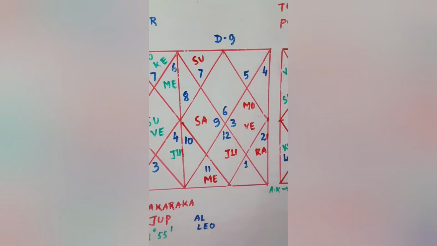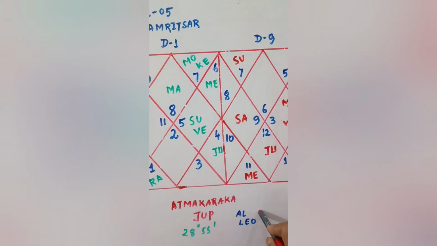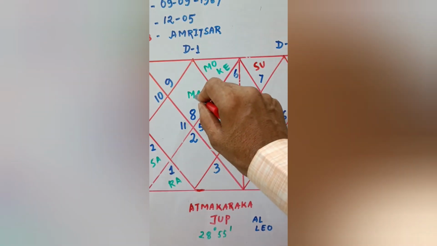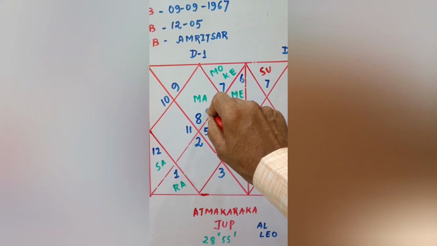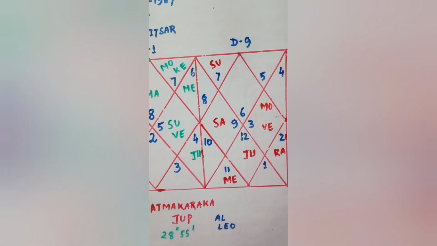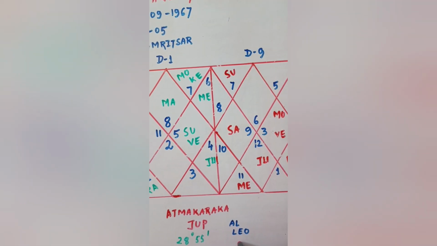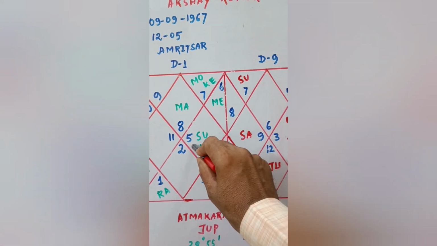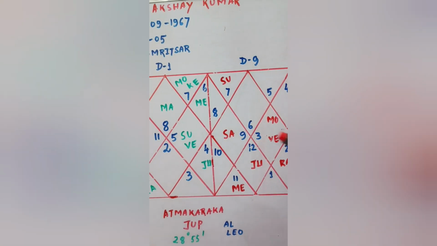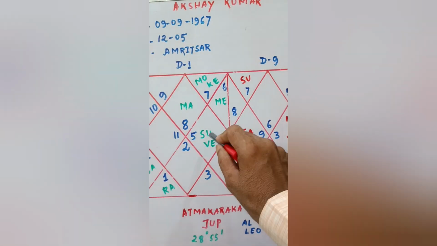Now, not only that, the Arudha Lagna concept. Here Mars is posited in the ascendant, so the ascendant cannot be the Arudha Lagna. Then the 10th house, the Leo sign, and its lord, Sun, is posited in the 10th house. So by profession, by Sun